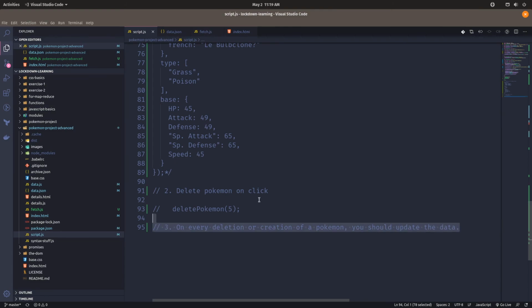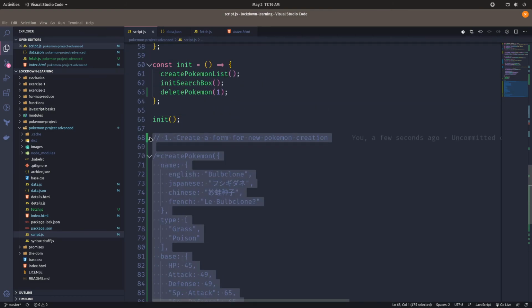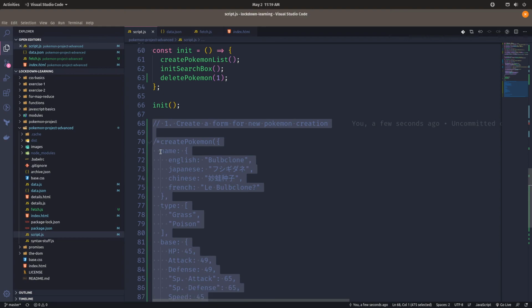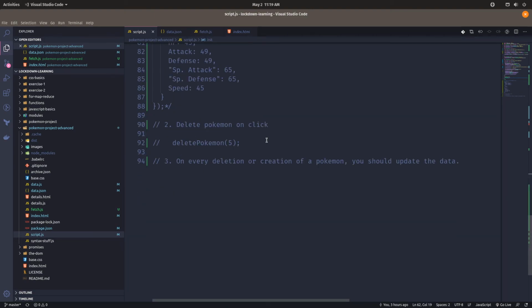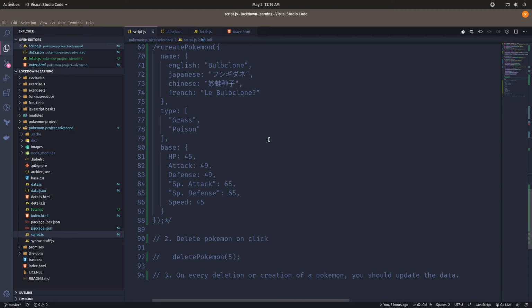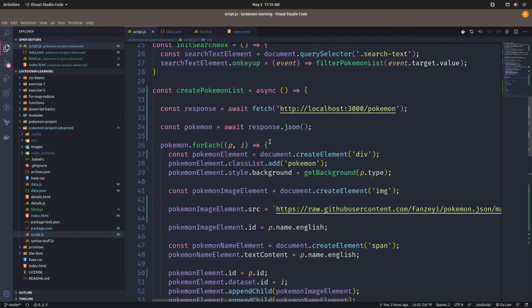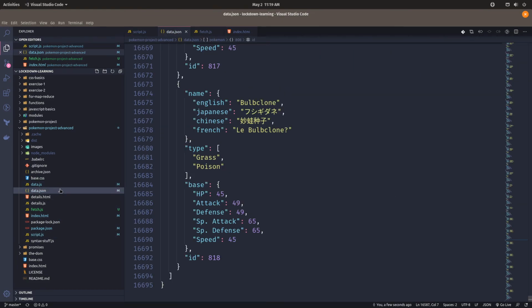This is quite a nice couple of tasks that will up your game in front-end development. And if you deleted your data accidentally, or as I did, I deleted some Pokemon here, there is actually